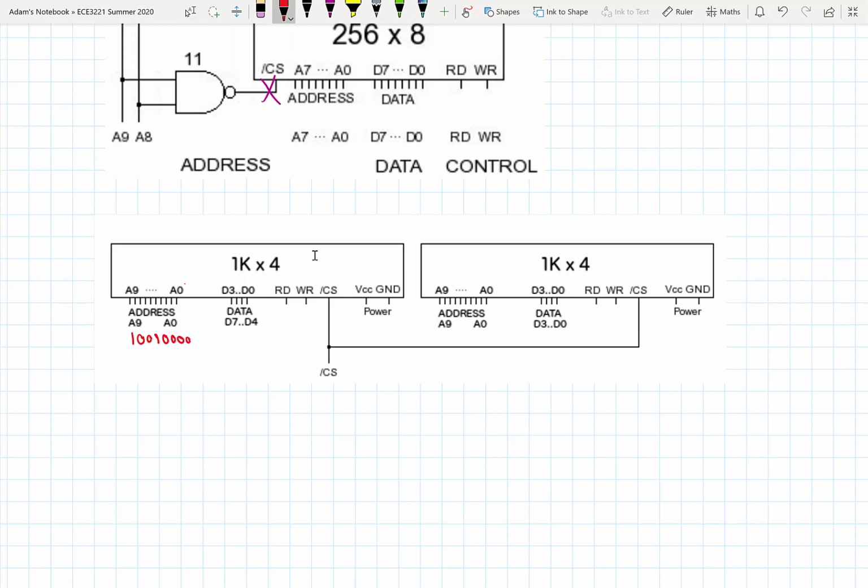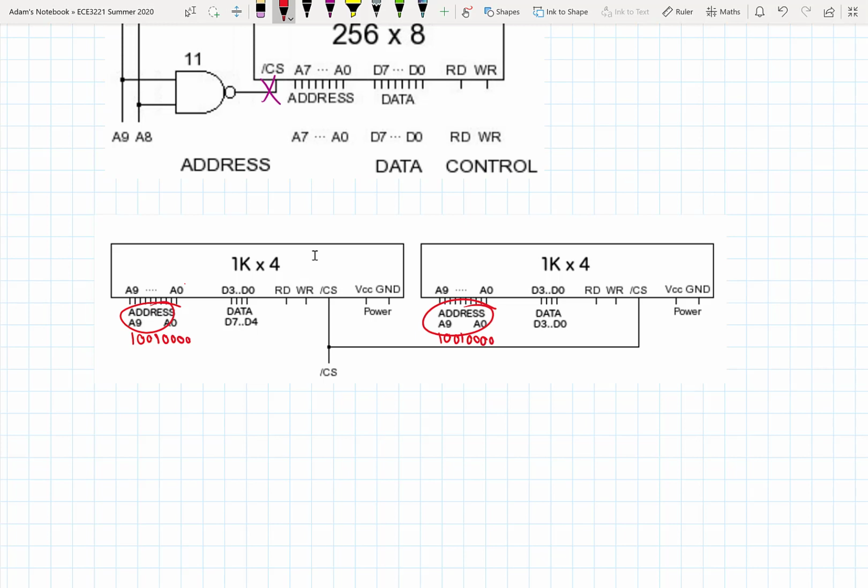Well, these address lines are tied to the same address bus, so the address is going to show up on the address lines of each of these devices, and